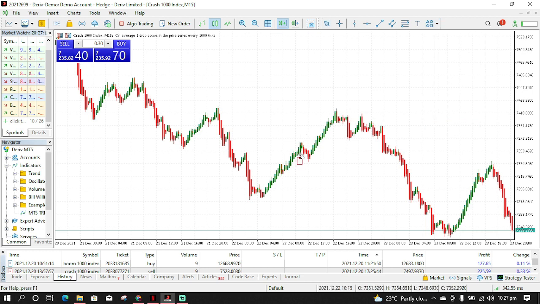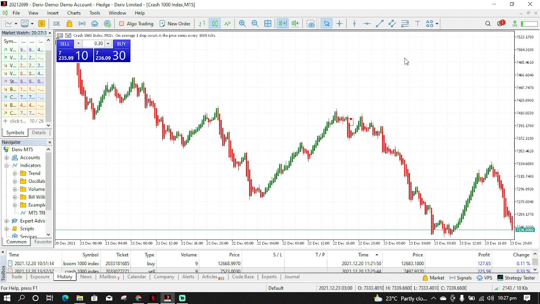Okay, so as you can see over here, we have got some red candles. If this indicator was repainting, it means that from this point to this point we would have had green candles without any red candles. So try it out in any of your current pairs, indices, or anything you trade, and